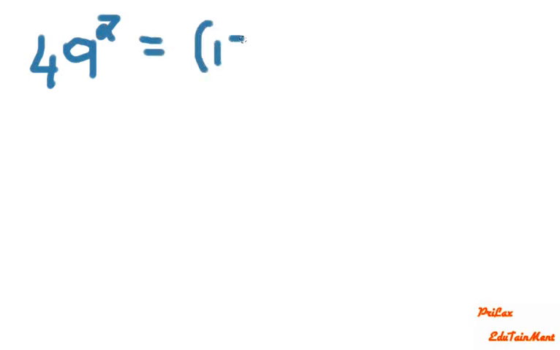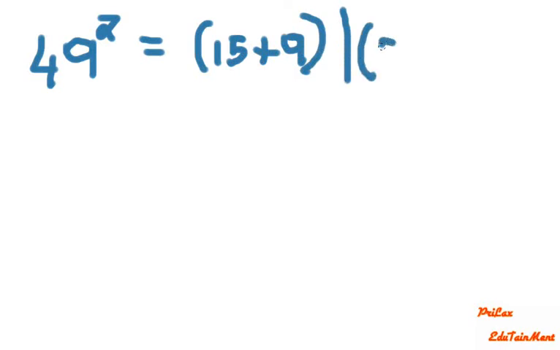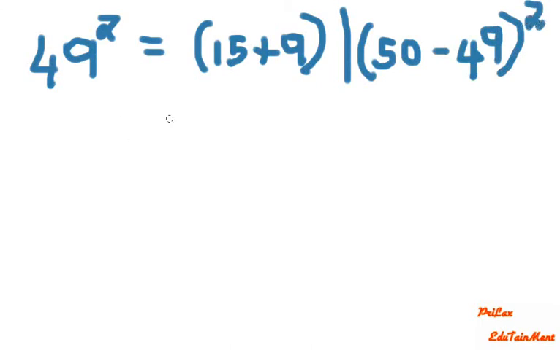Finally, the last number 49. Just add the unit digit to the number 15. Take a pause. Check the difference between 50 and the given number to be squared, that is 49. 50 minus 49 is 1. Square that number. We get 2401.